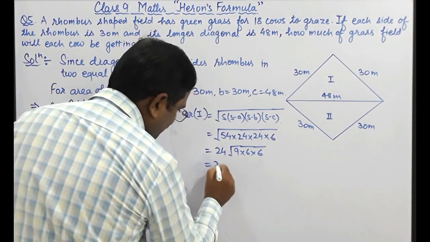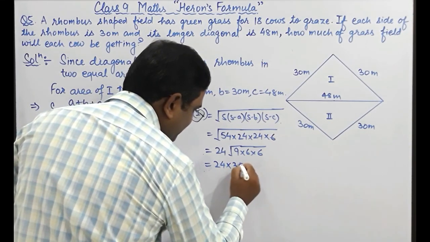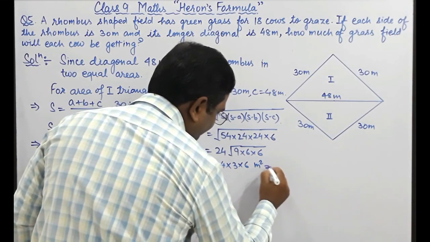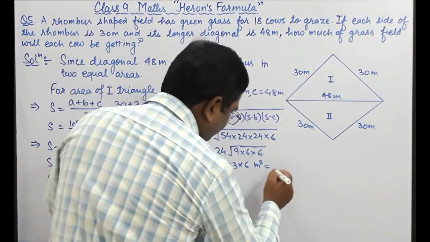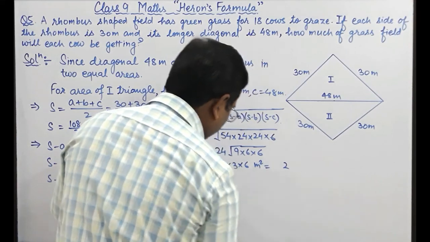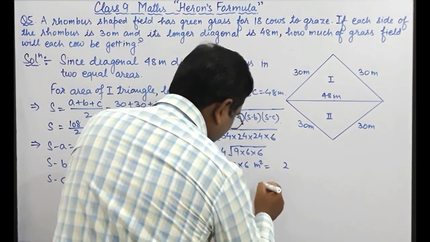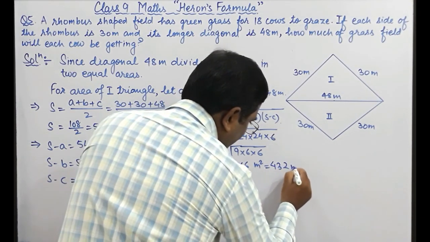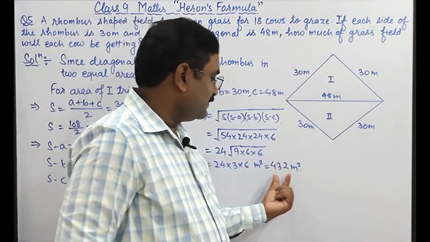So the square root of 9 is 3, and the square root of 36 is 6 meter square, which is equal to 6 3s are 18, 18 4s are 72, 18 2s are 36 plus 7, 36 plus 7 is 43 meter square, which means the area of this first triangle is